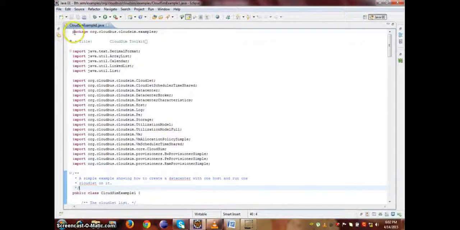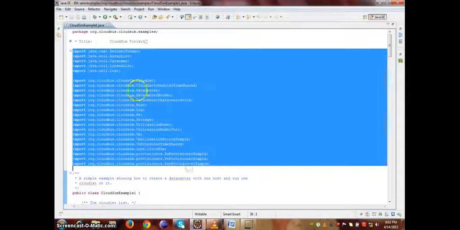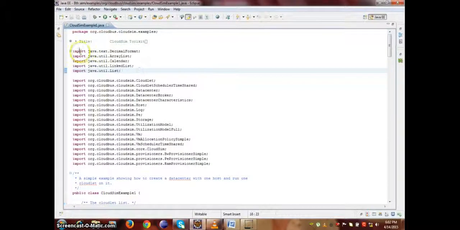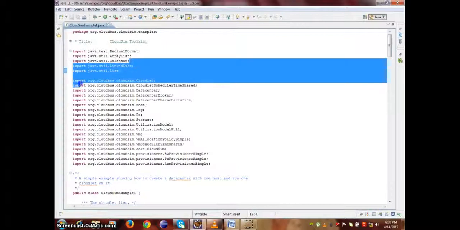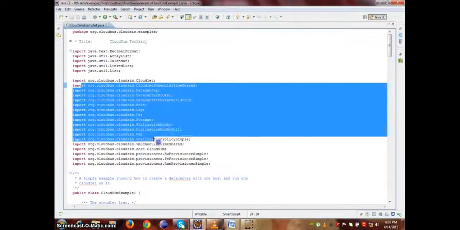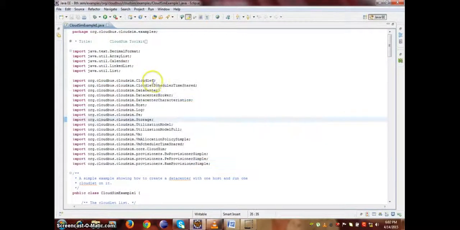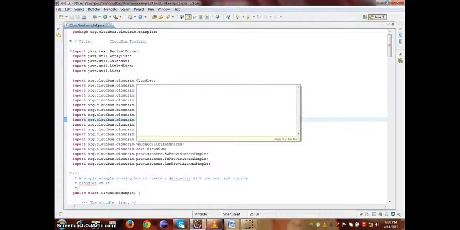This particular example has the package name org.cloudbus.cloudsim.examples and the list of import statements, and these import classes are basic Java classes, and these are the CloudSim classes. And this example uses